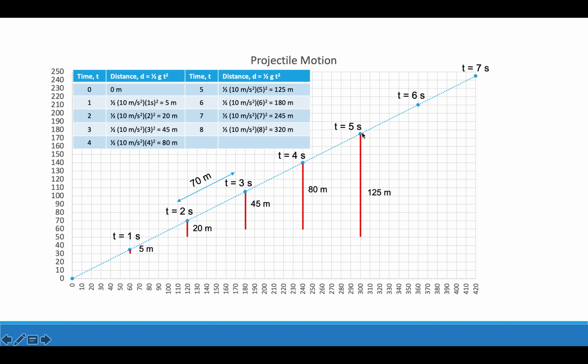The next one at 5 seconds, it falls a distance of 125 meters or 12.5 blocks. After 6 seconds, it falls 180 meters, 18 blocks. And then finally, when I get to 7 seconds, it falls 245 meters vertically, which is